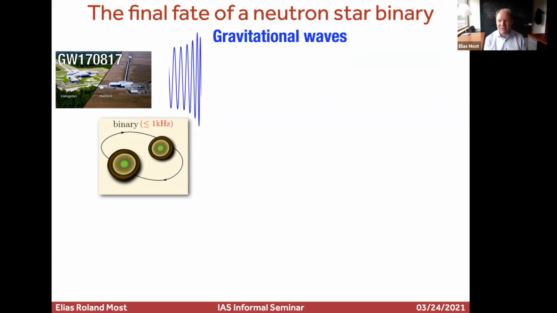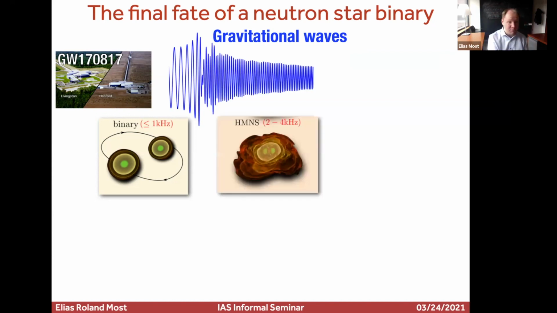This is something that Carolyn covered very extensively in her talk, mainly how much you can squeeze the stars, how much you can learn about tidal deformability. But then if you go on in the merger process, you form a very massive, very dense, hot object, the hypermassive neutron star. The lifetime will strongly depend on the equation of state, on the nuclear physics that's describing the star, and on the masses.